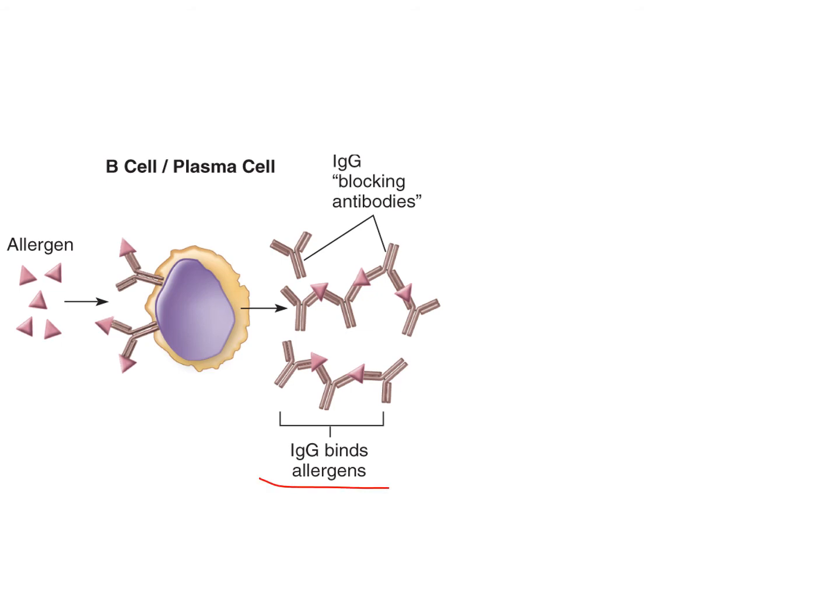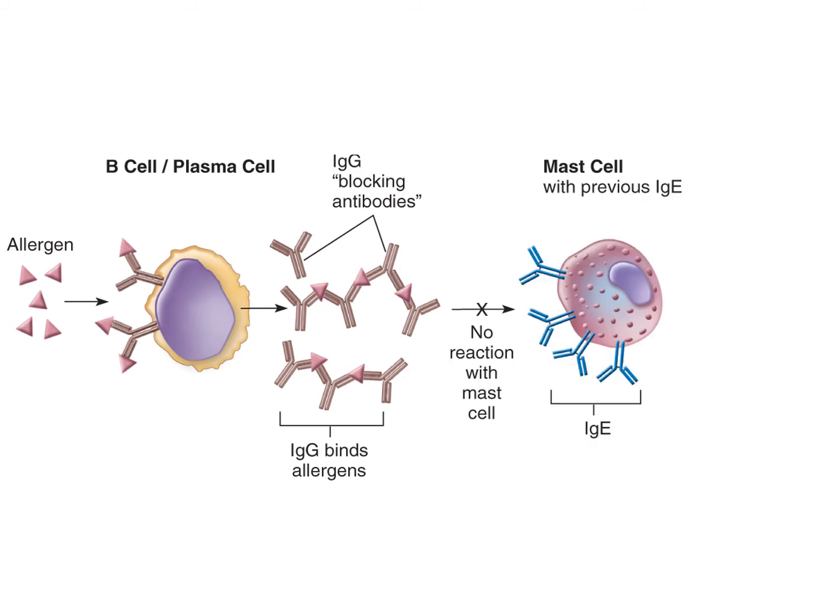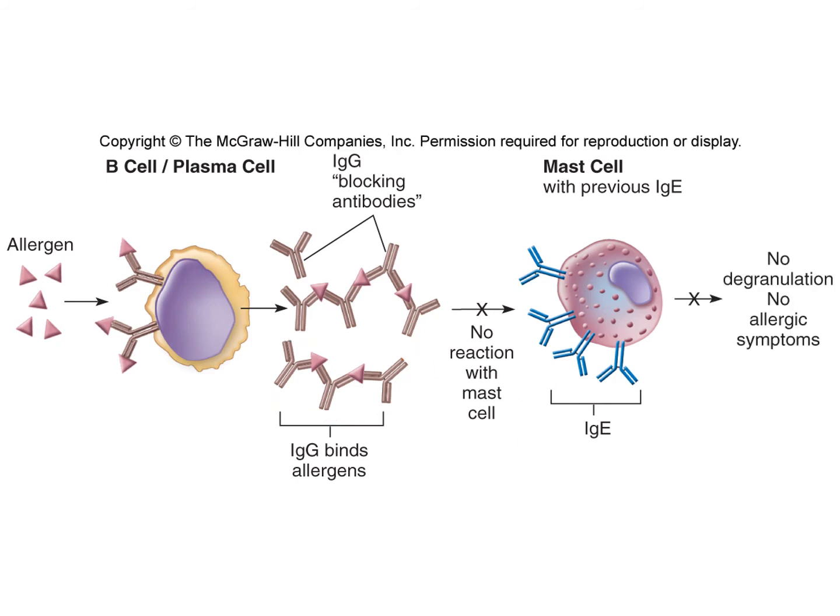So the IgG antibodies will be produced so that if the person is exposed to the actual allergen, it will agglutinate the allergen and neutralize the allergen, so the allergen will be unable to interact with the IgE molecules. So if the allergen cannot interact with the IgE molecules, then there would be no degranulation, no secretion of histamine,